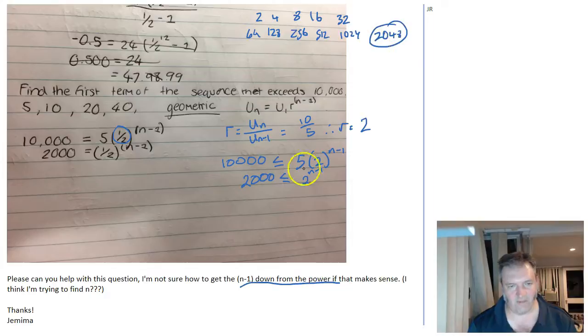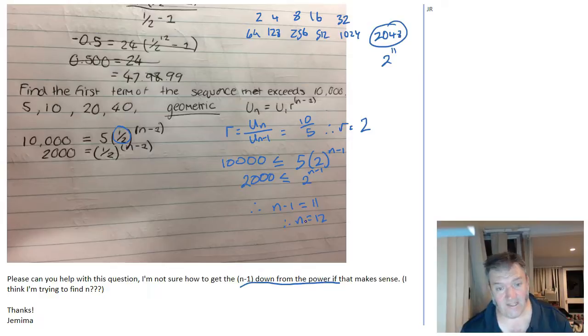The first term that's going to exceed 2000 is 2 to the power of 11. So from that I can conclude that n minus 1 must equal 11, therefore n equals 12, and the 12th term will be the first one to exceed